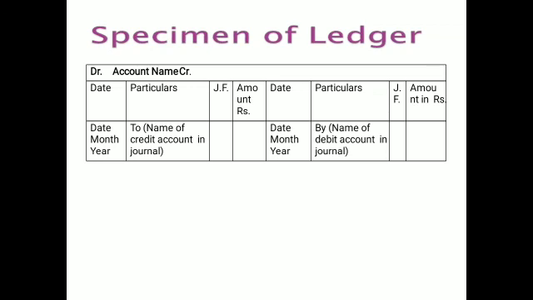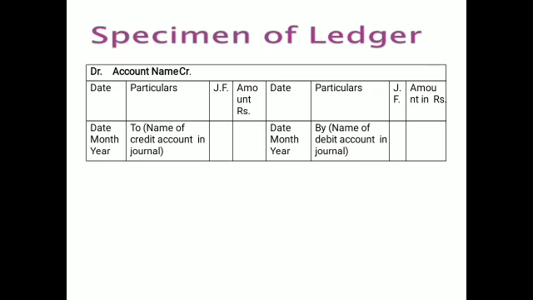In the same manner, the credit disclosures will be done. The same columns will be put on the credit side. The months and the year will be listed under the date. Now in the particulars column, the word To is put on the debit side and By on the credit side. It is not mandatory, but it should be written, then the outlook will be maintained.